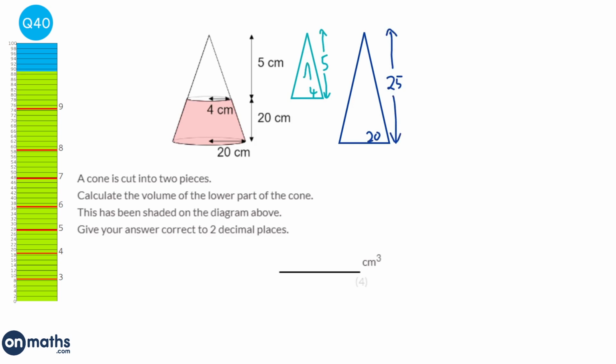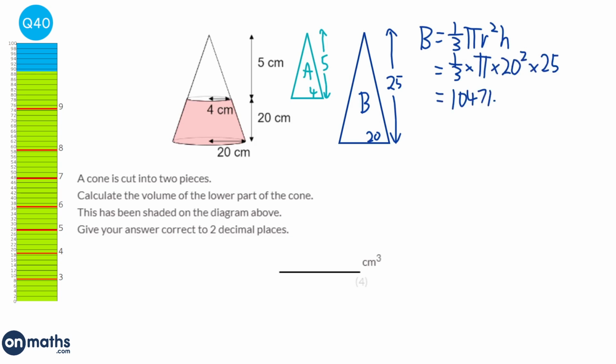So I'm just going to label them A and B. And so why don't we work out the volume for B first? And the formula for the volume of a cone is 1/3 pi r squared h, with h being the perpendicular height. So it's 1/3 times pi times 20 squared times 25, which is going to be 10,471.975, blah, blah, blah. We're going to work out the volume for A, and this time it will be 1/3 times pi times the radius now is 4, and the height is 5. So that will be